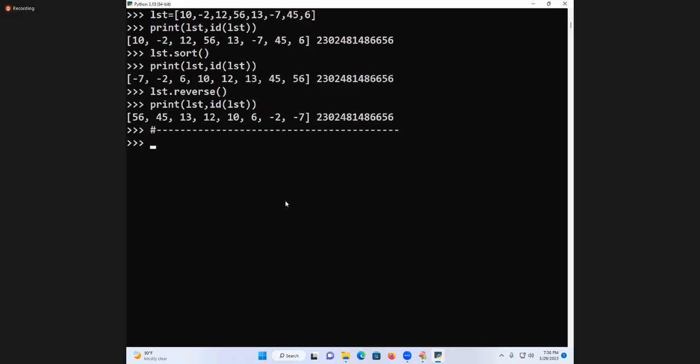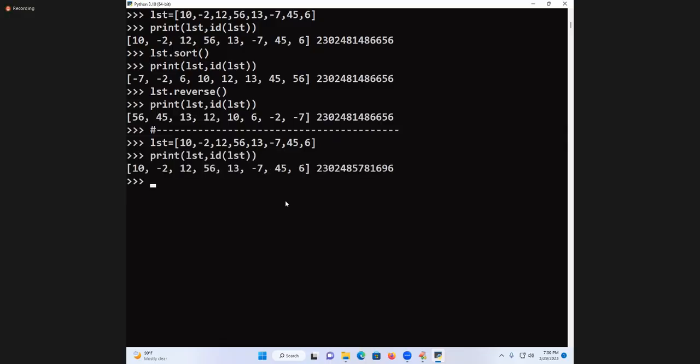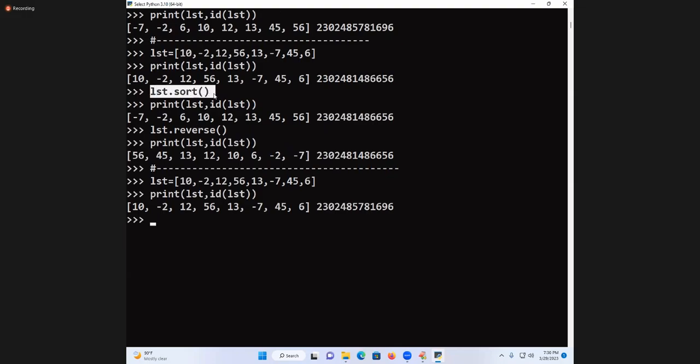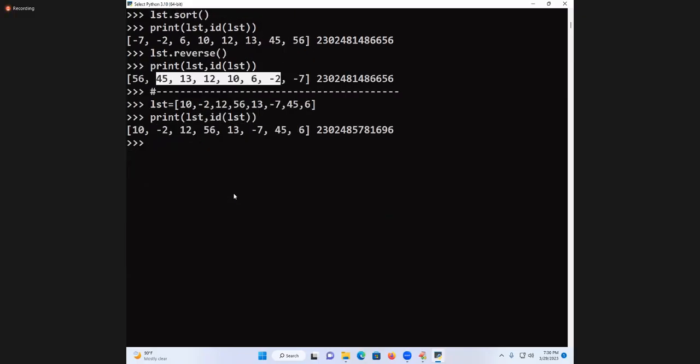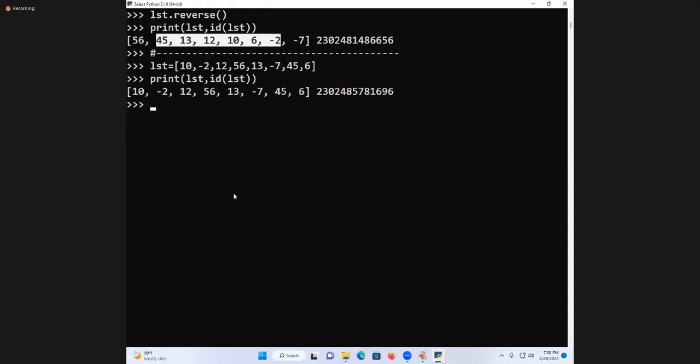Now, see students, this is one thing. I am taking it once again now. Carefully observe every moment. Some idea I am getting, rebuilding my object. Now, what is my concept? I am sorting the data, and I am applying reverse, then only I am getting it in descending order. Straightforward, somebody will ask me, from the beginning only I want to get it in where? Descending order only. From the beginning, I want to get it in where? Descending order itself. That time, LST dot sort of reverse, reverse is equal to